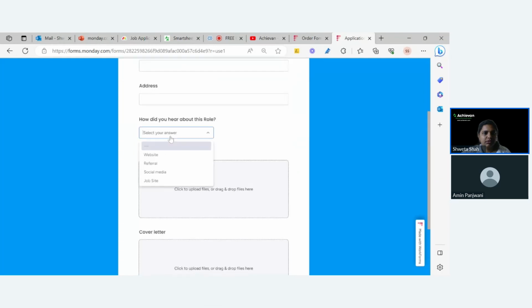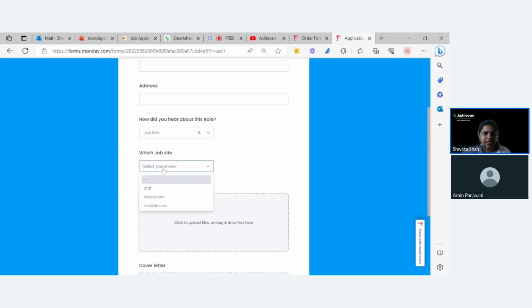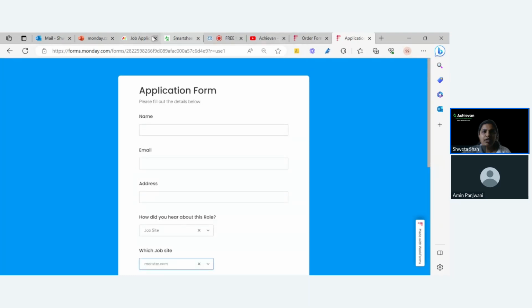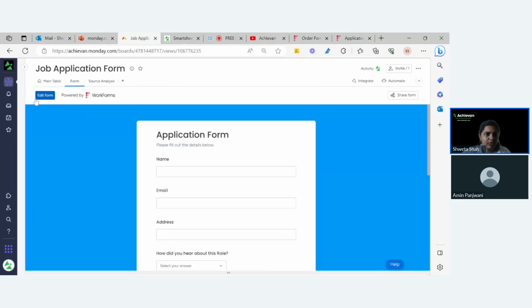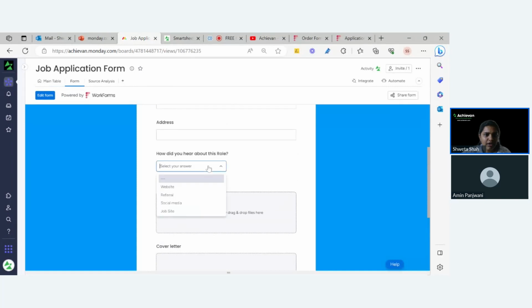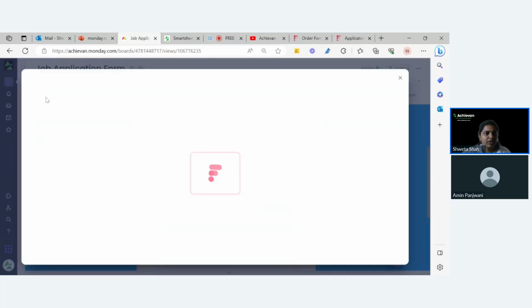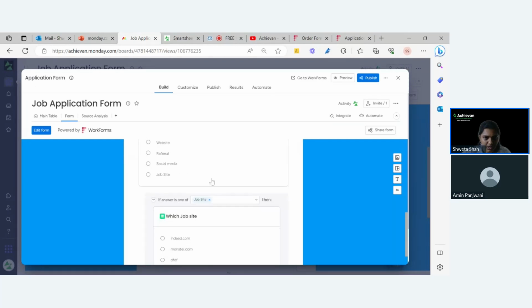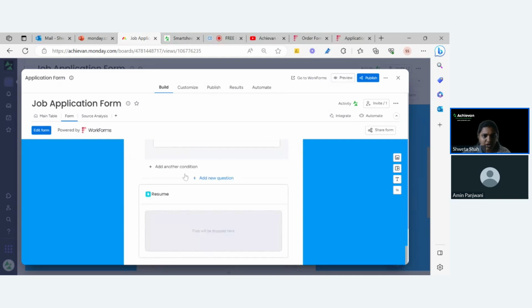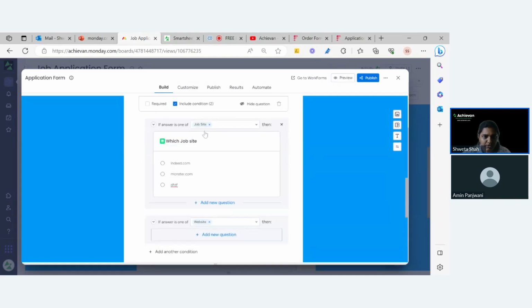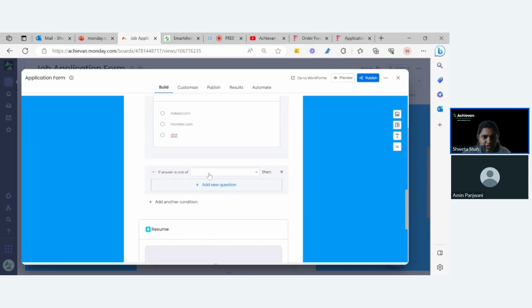Because I built the logic, if I say now job site, it will show me which job site, Indeed or monster.com, right? And then I can also have another question. I'm going to go to the form again. I can also have another question if the source is referral. So now add another condition, right? I can add another condition too, and this time if the answer is one of the referral,